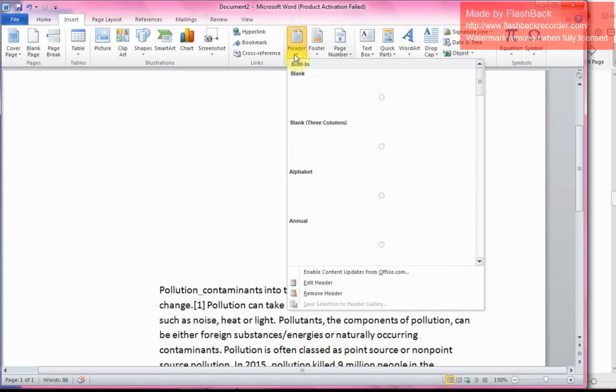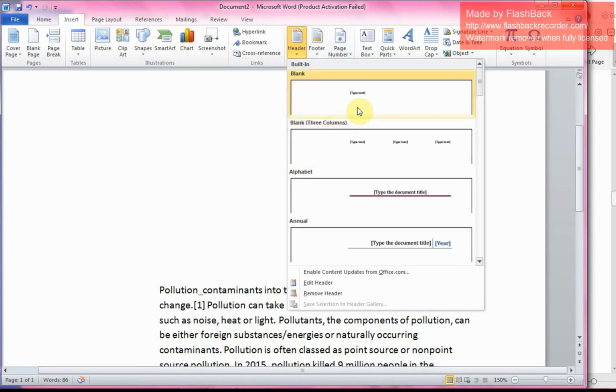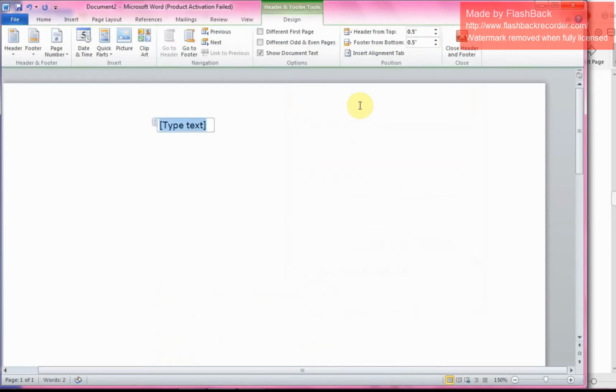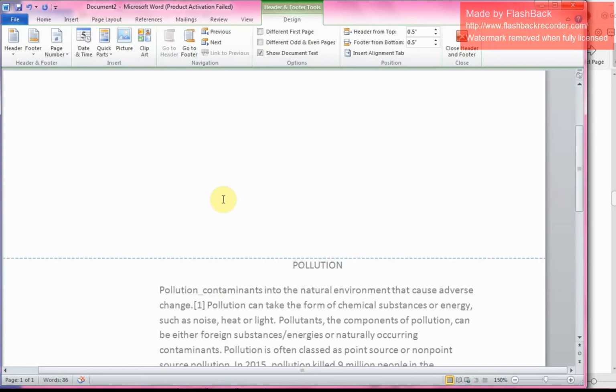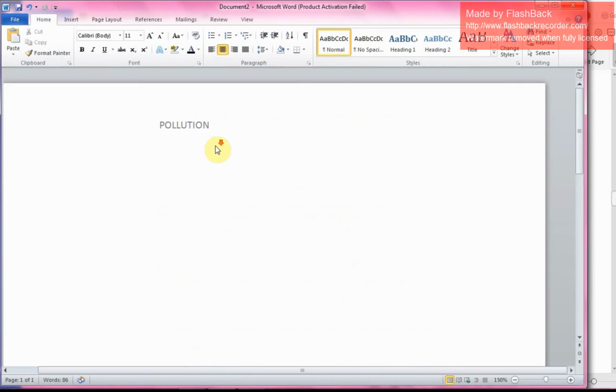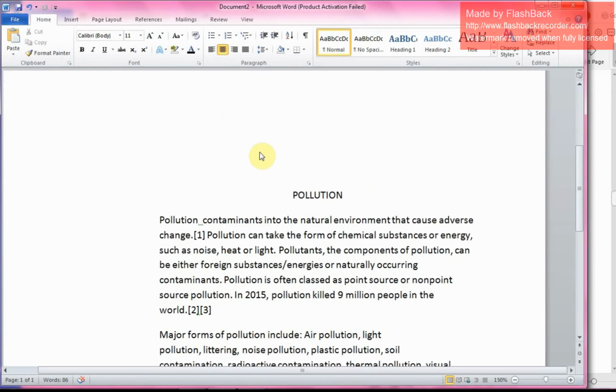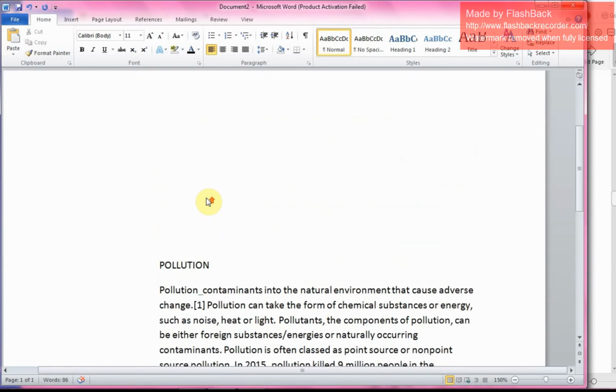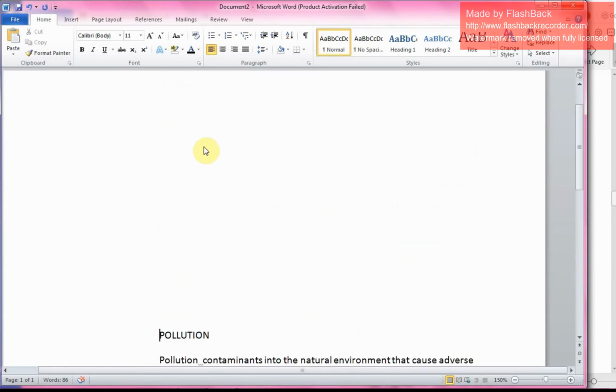Click the header option and you get the header. Now type the content which you want to keep in the header. Now you see that in the page there will be a header.